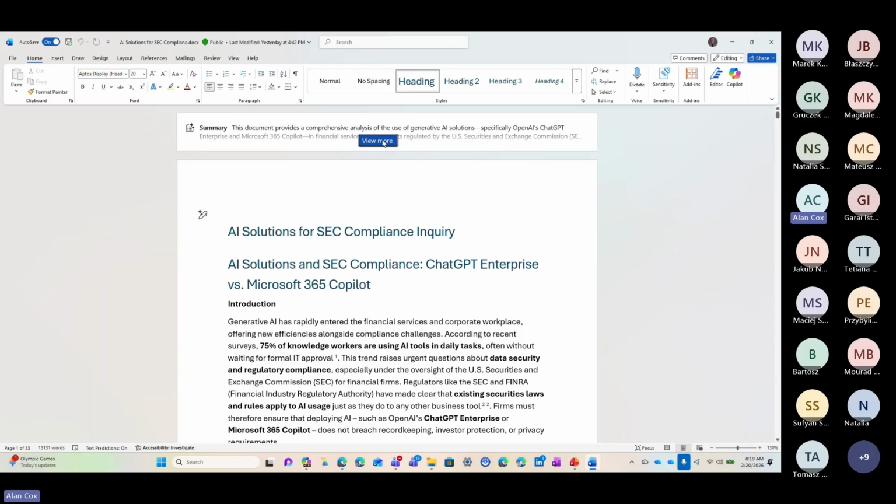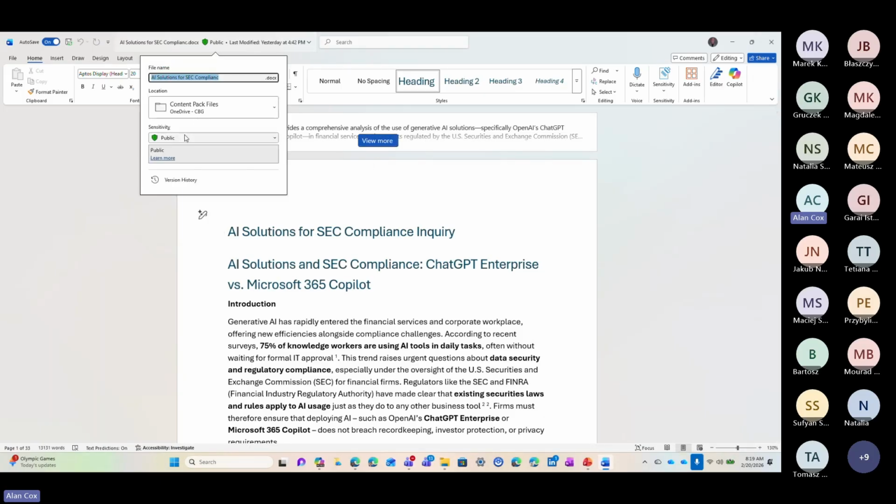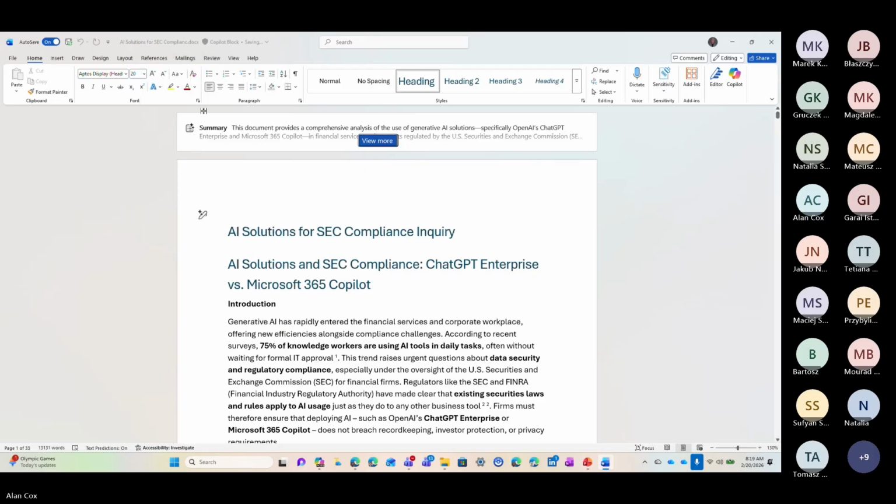So we can see here I can reference this, I've got the summary, but now I'm going to drop this label to a Copilot block label. Again, it doesn't change the permissions. There's no watermark. I'm not doing anything crazy with it. It's essentially a tag that DLP is going to use. It's saving, and I'm going to try to expedite that. We'll see that I still have this, but once I get out of this file, we'll go right back into it here,